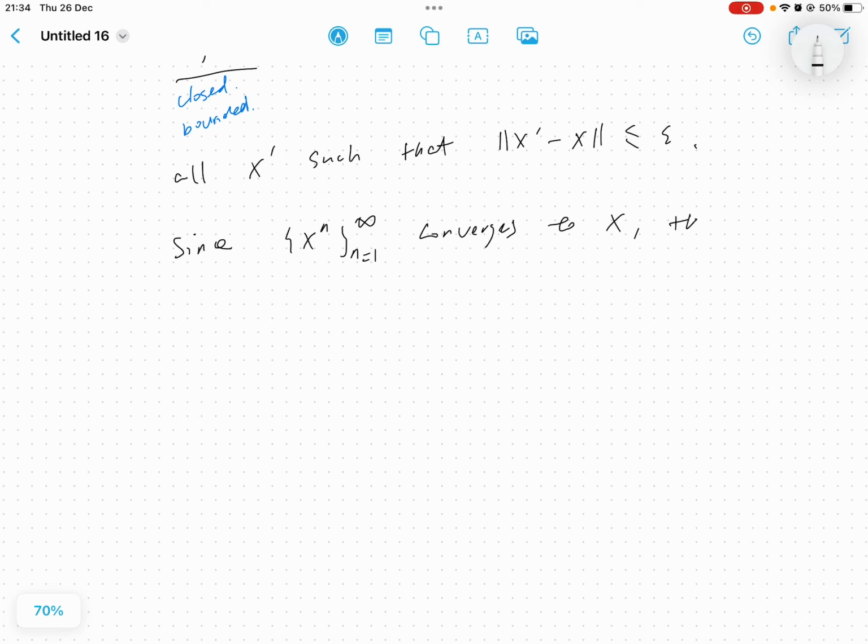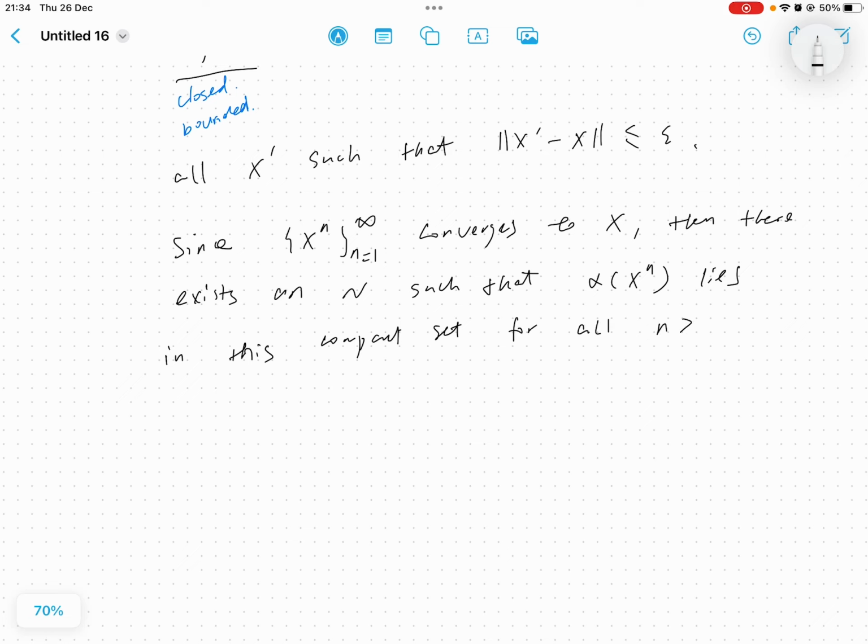And there exists some number capital N such that this alpha xn lies in this compact set for all n which is strictly greater than this capital N. Okay,